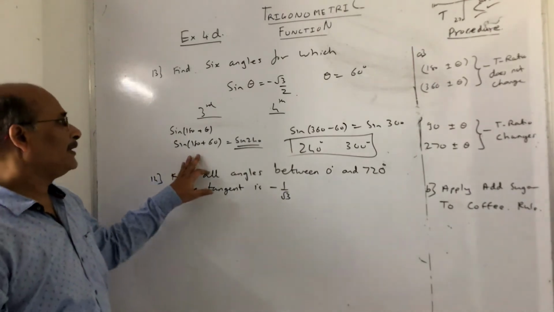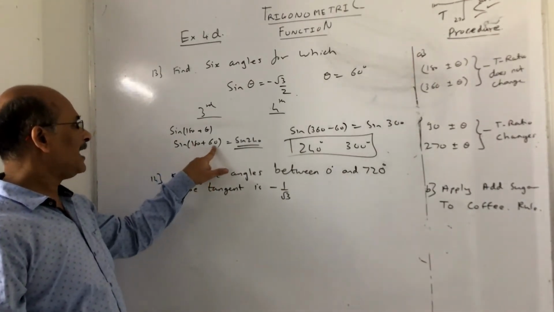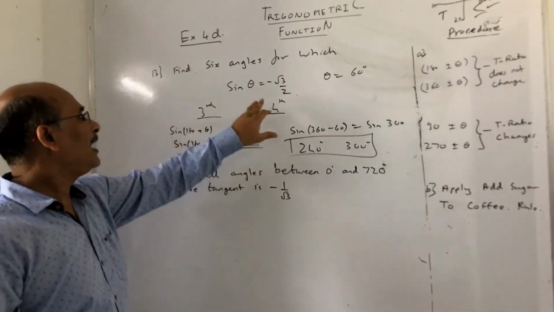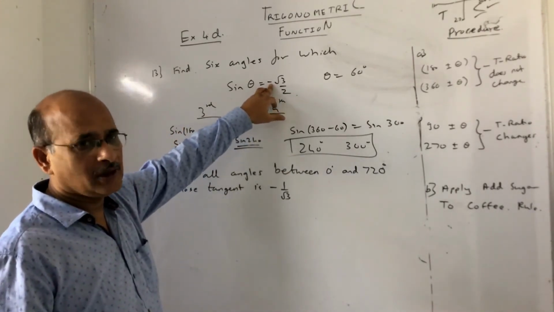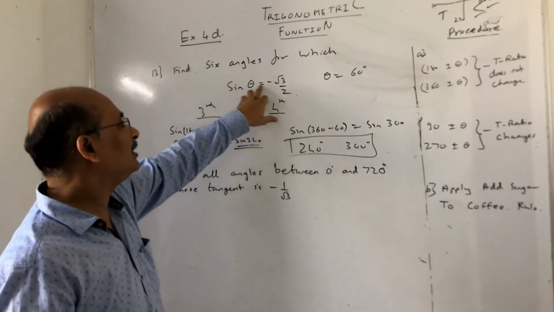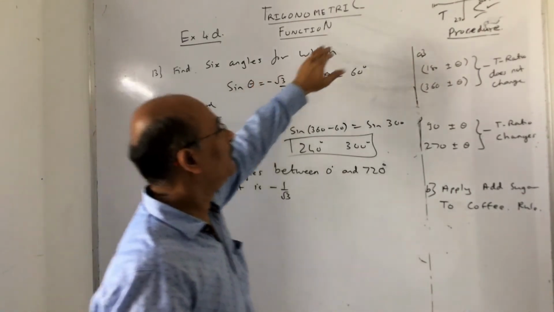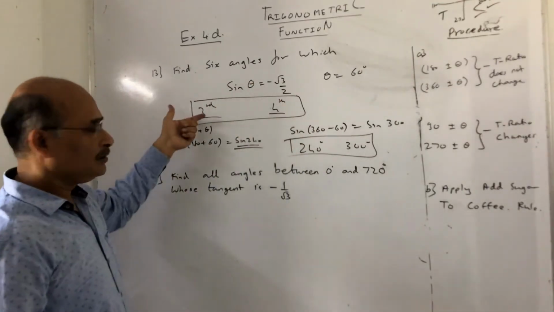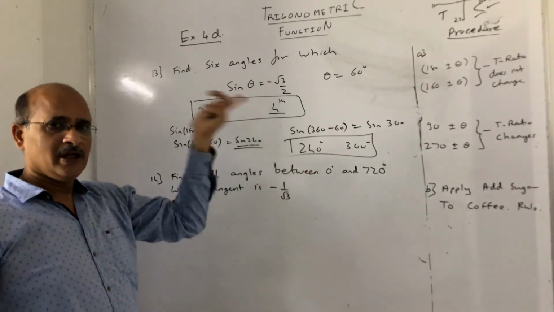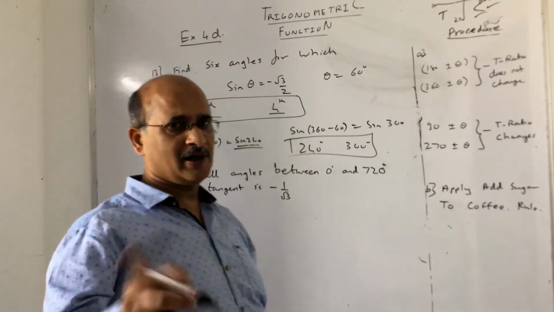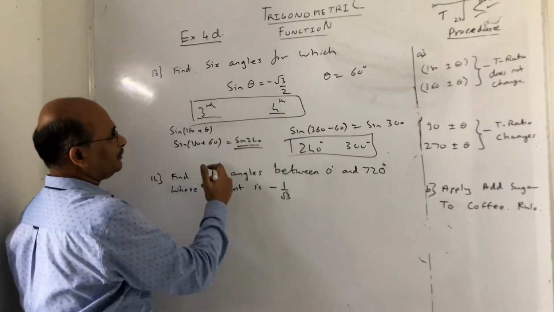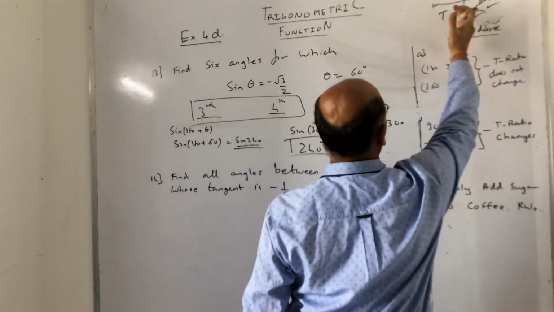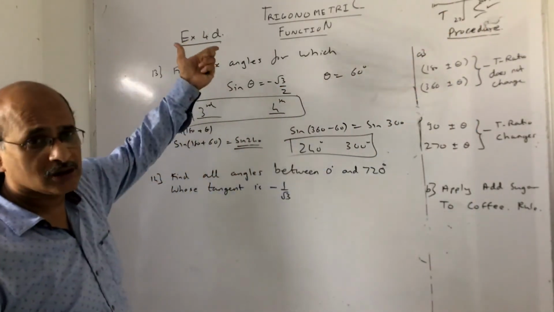To understand, once again I am telling you, till now they used to give us the angle, sine 240, and from there I used to go in reverse. Now what I did first, I saw it's a negative value: sine theta is negative. So sine is negative in the third and the fourth quadrants. So first identify the quadrant. Once you do it, whatever it is, use 180 plus or minus theta, or 360 plus or minus theta. So the third quadrant is 180 plus theta. I can't use 270 minus theta, because then the sine will become cos, and we don't want that.